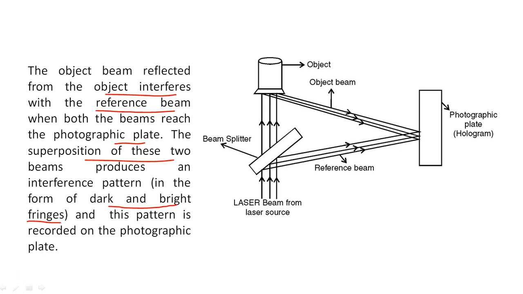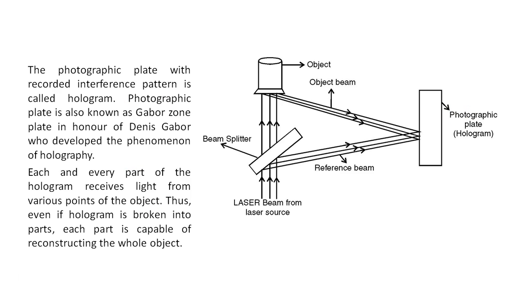on the photographic plate. The photographic plate, that is the plate which records the information of the photons. That's why it is known as a photographic plate, and it acts like a hologram. The photographic plate with recorded interference pattern is called hologram. Photographic plate is also known as a Gabor zone plate in honor of Denis Gabor, who developed the phenomenon of